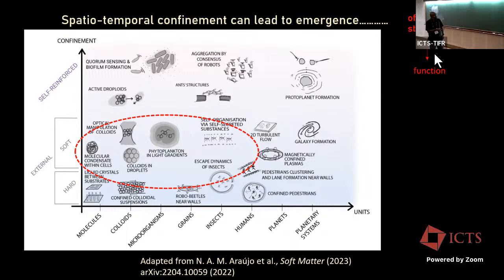To this particular regime, one will have to actually look into what happens if you now look at objects which are reasonably small, and you confine them as a function of space and time. One of the important aspects you will learn in specific kinds of confinements, which you can classify as external, soft, and hard confinements, is that you would now be able to create confinements which are reasonably soft, so to speak. Optical effects give you that particular soft confinement,